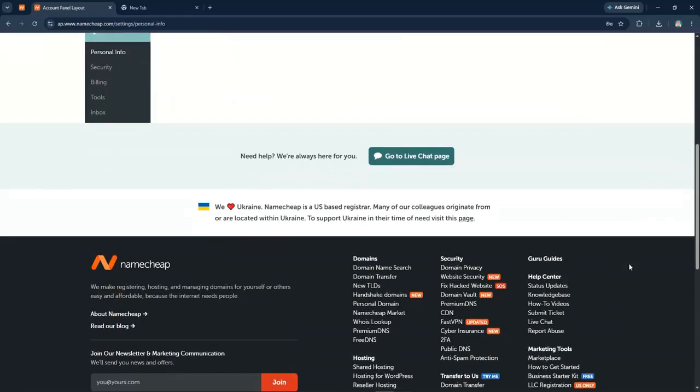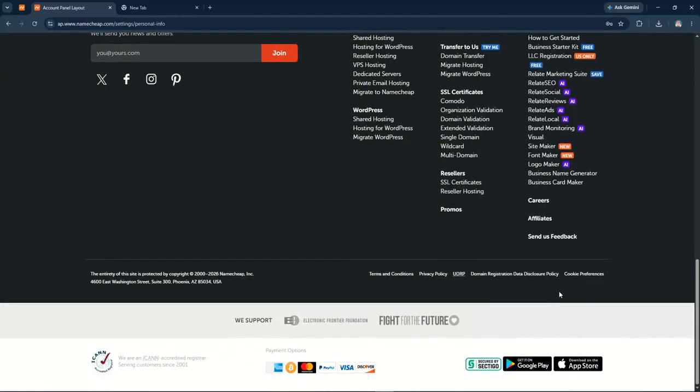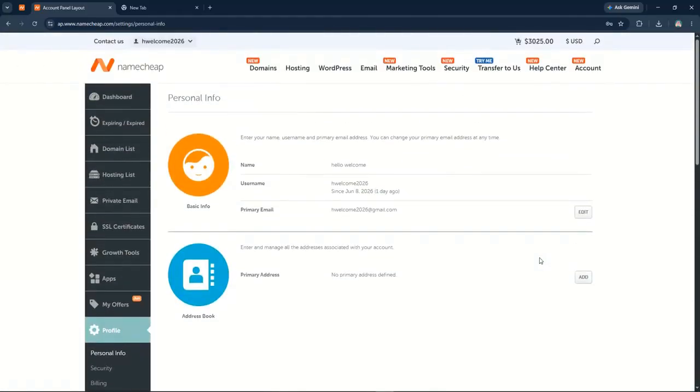Keep in mind that this process may take some time, and you won't have access to your account during this period. If you change your mind, you can contact Namecheap support to halt the closure process, provided it hasn't been